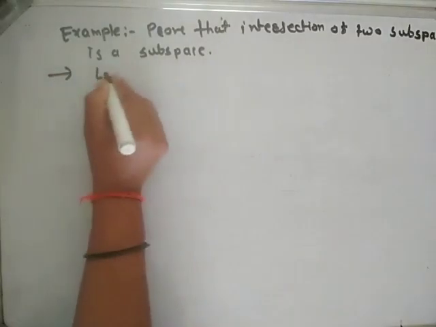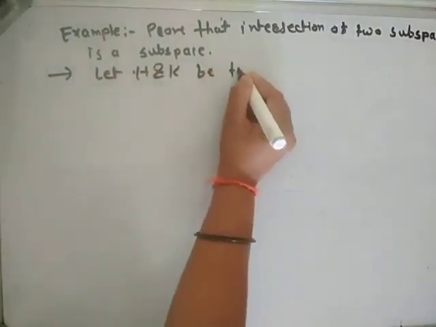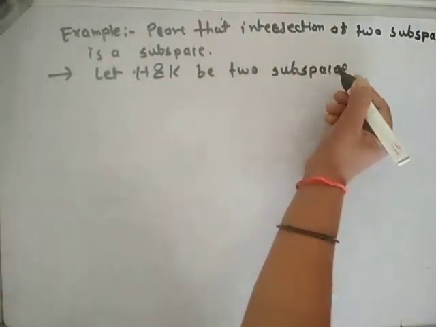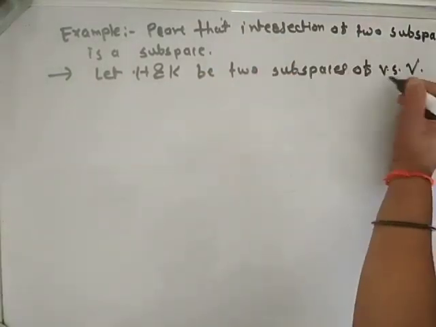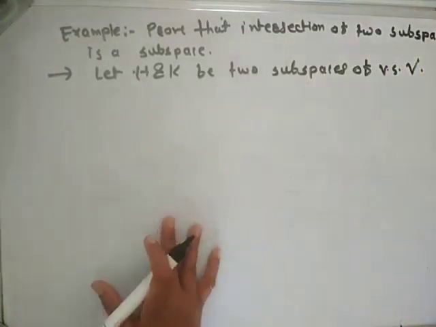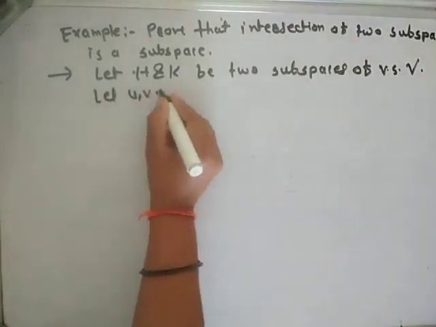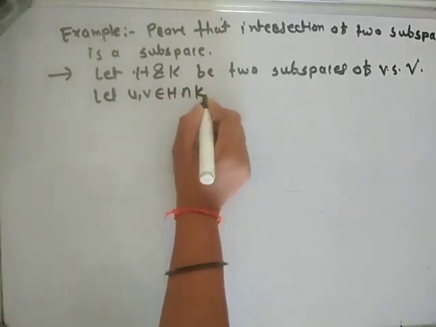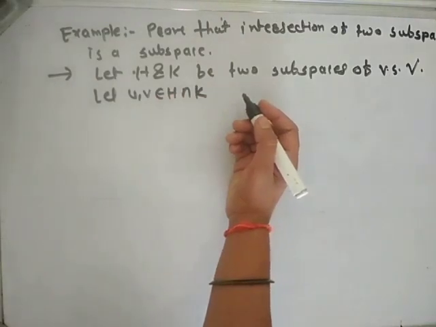Solution: let H and K be two subspaces of vector space V. I here write short form for vector space V, V.S. Let u, v belong to H intersection K. This implies that